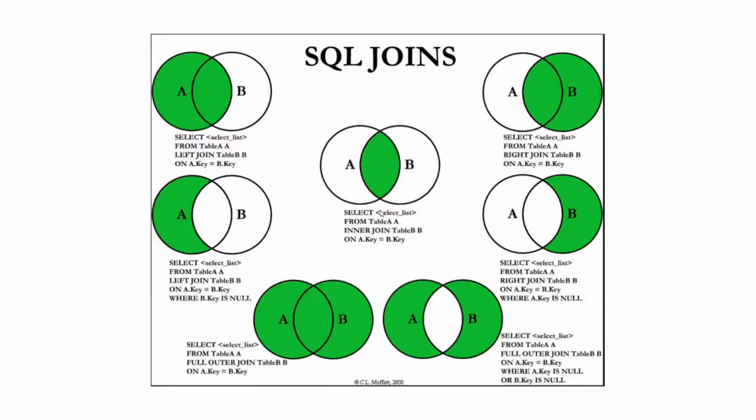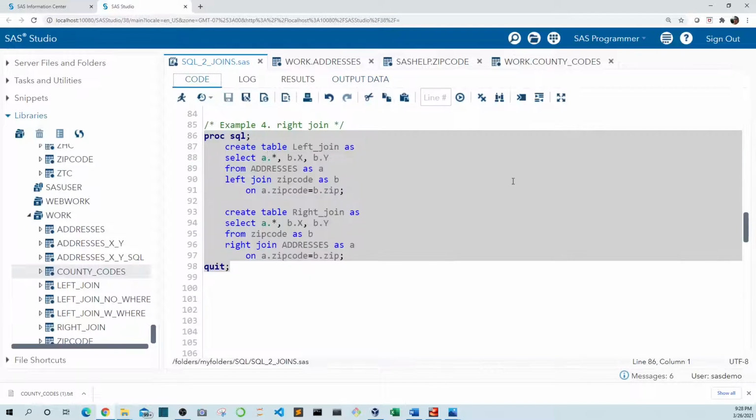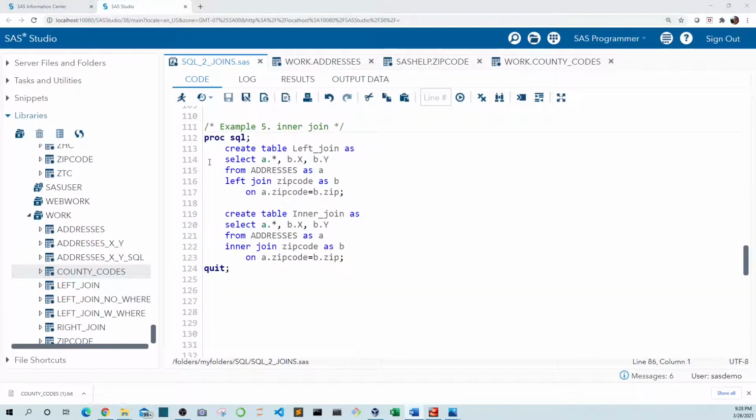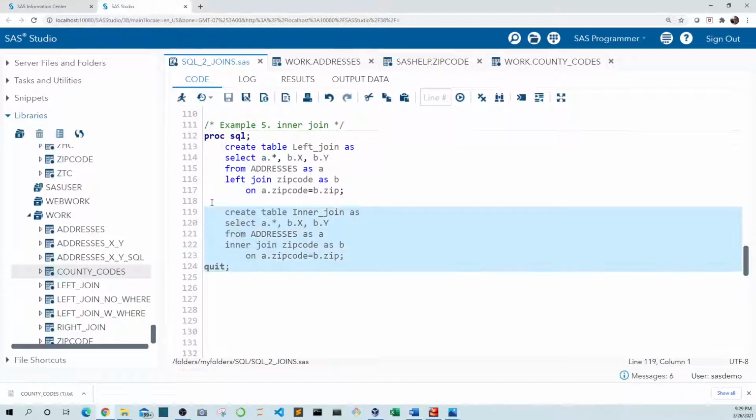We're going to look at inner joins now. An inner join outputs only rows that match both data sets. So let's go back to our code. Example 5. So here we have our left join again, and both of these blocks are the same, except this one is an inner join instead of a left join. So let's run this